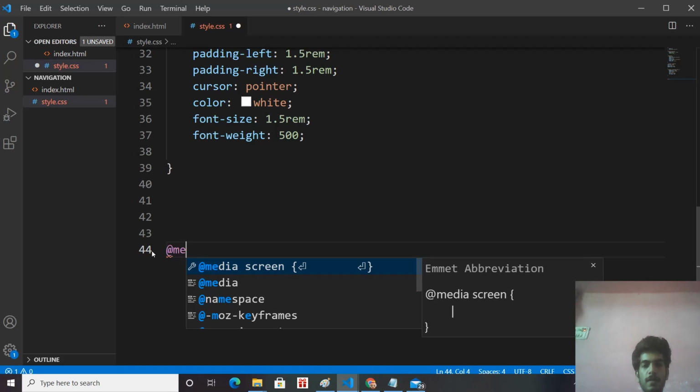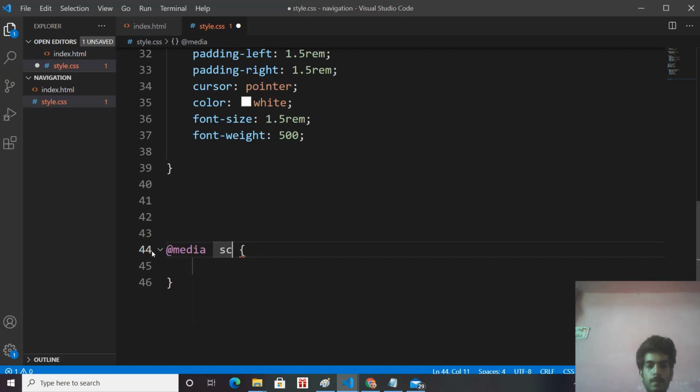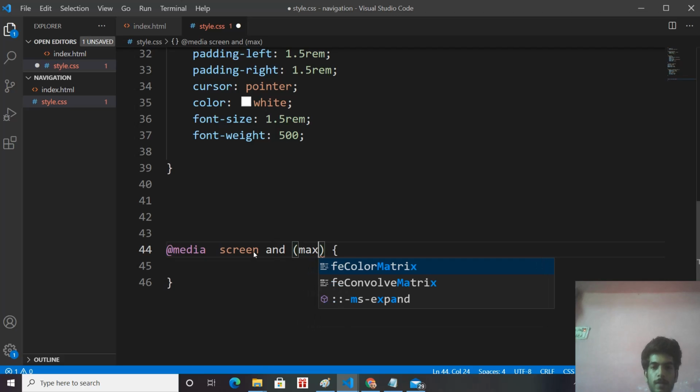We are giving media screen and giving max width.